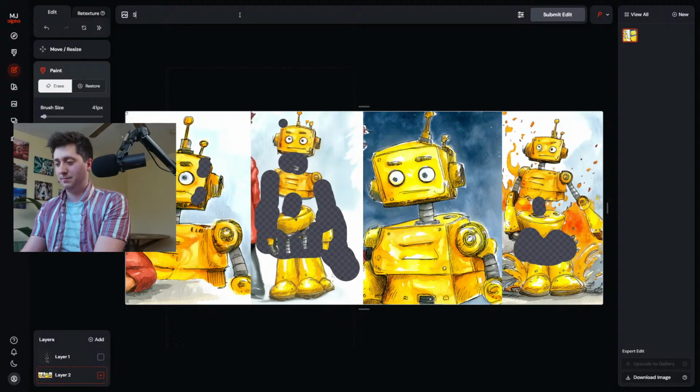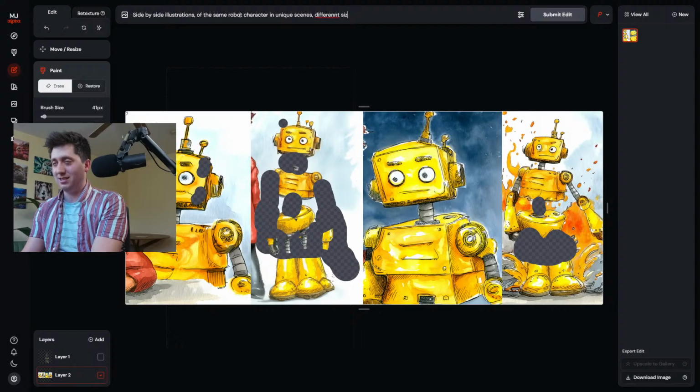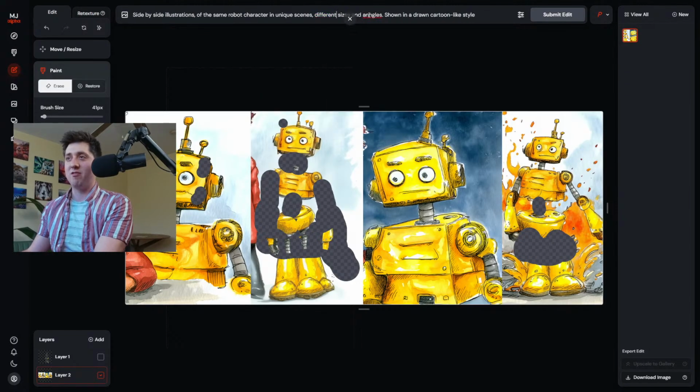Side by side illustrations of the same robot character in unique scenes, different sizes and angles, shown in a drawn cartoon like style. And a prompt like this will help us generate from this stitch of 4 different images of